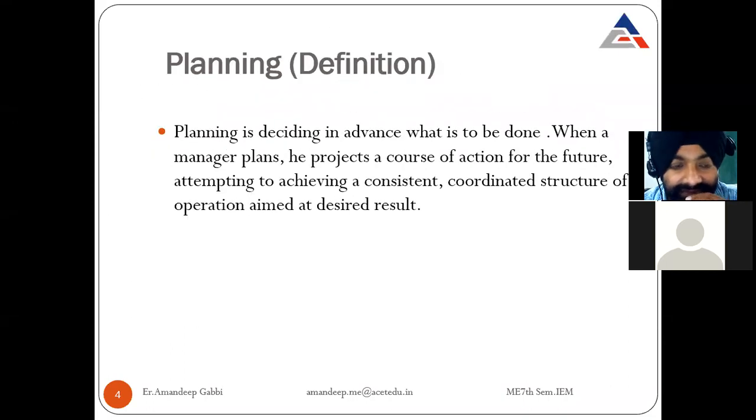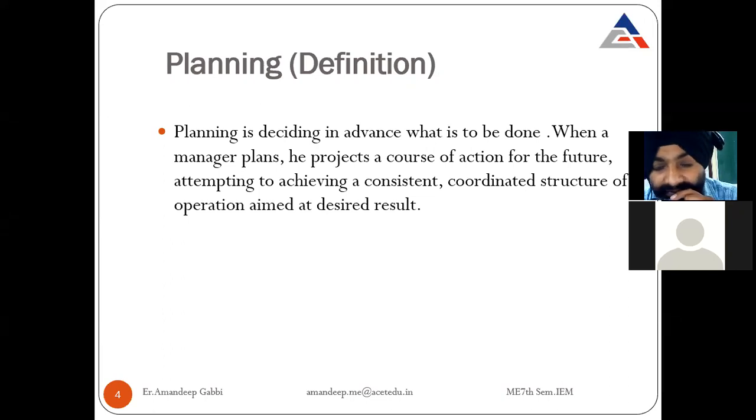Then planning. If you want to do something, that has to be planned prior to that. Planning is deciding in advance what is to be done. What is to be done after say 1 year or 2 years, that has to be planned early. Like those students who are studying right now, we are in seventh semester. You all should plan for something, right? After the completion of this BTech, I will plan, say, to go abroad for study. Some will plan, I will be tracking that